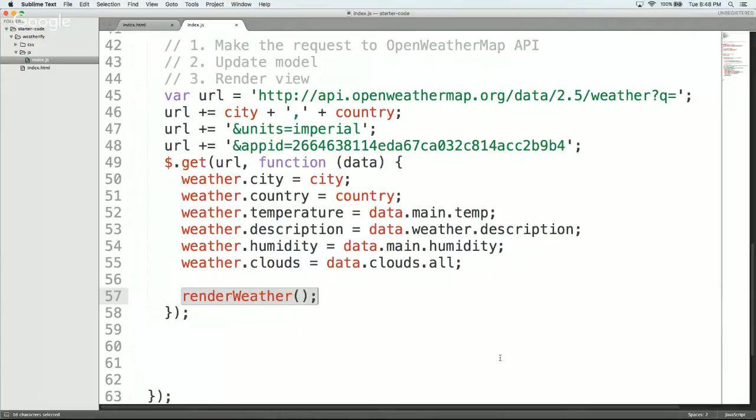No, that system was called Imperial. I thought that was standard, Kelvin. I think for their API, if you just leave it off entirely, it's Kelvin. And if you put imperial, it's Fahrenheit. If you put metric, it's Celsius. So I guess Celsius is technically part of the metric system. I guess I assumed that used Fahrenheit. Fahrenheit was standard because